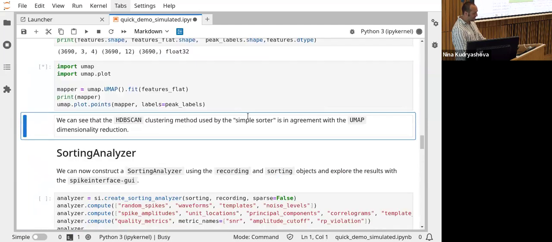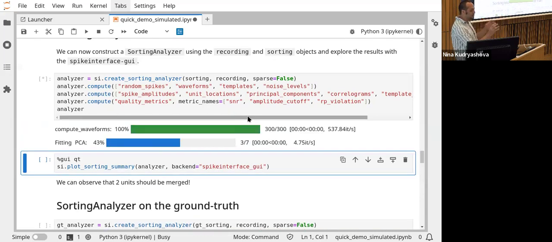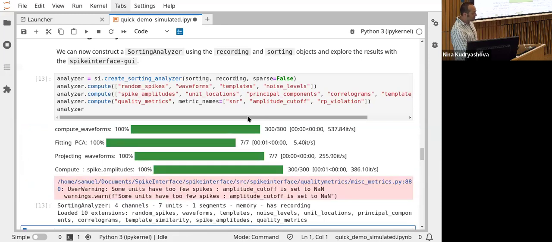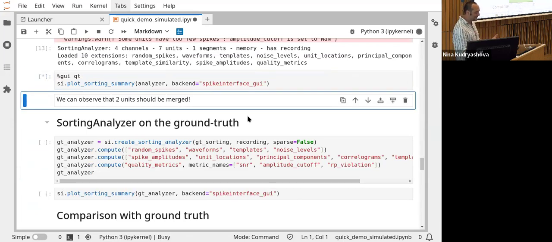And if you go into detail, what we can do in SpikeInterface is run an analyzer to combine the recording and the sorting discovered by the simple sorter. We mix them together, and we run many steps in between to extract waveforms, compute the PCA again, not internally by the sorter but a new PCA, and compute some SNR. And with this analyzer object, the very first thing we could do is display it. And for some self-promotion, I will use the SpikeInterface GUI,